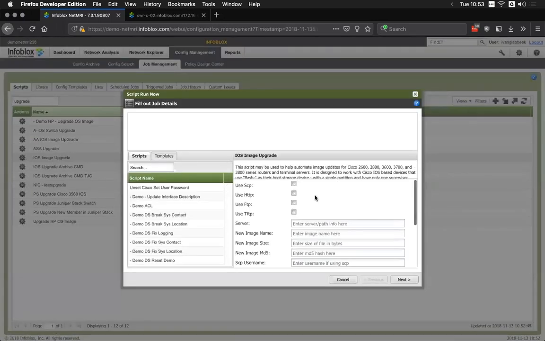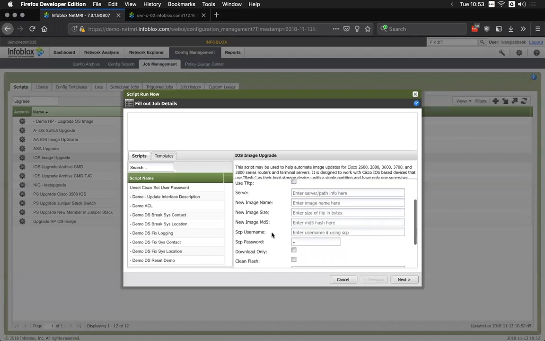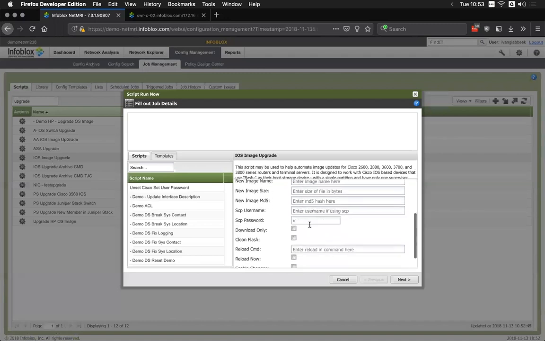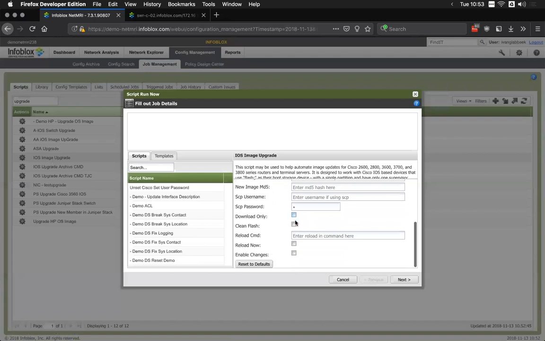And so how do we want to drop that upgrade file on an appliance or on a network device? Where's the file located? What image do we want to use? What's the MD5? All that information. Do we want to download only, clean, flash? What would you do on reload? And do we want to run it in a debug mode, or do we actually want to enable the changes? So we take this script, you fill out the parameters,